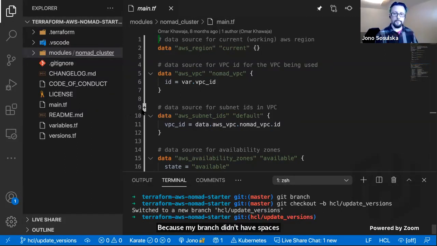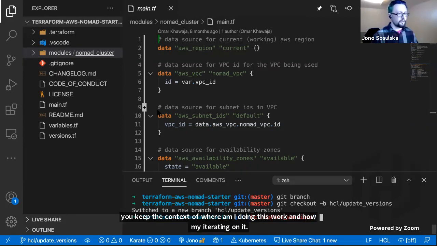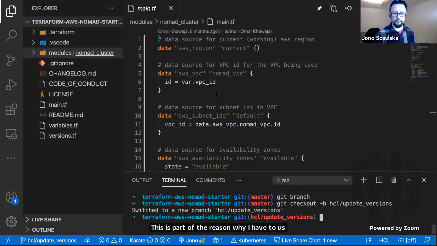Awesome. So now we're here. And this is where I personally have run into issues before. I'm not sure if other people have, but how do you keep the context of where am I doing this work and how am I iterating on it? And this is part of the reason why I have two VS Code terminals open. On the one side, I can say, this is where I've confined my changes in a branch. And on the other side, I can say, okay, this is where I'm going to try deploying those changes and